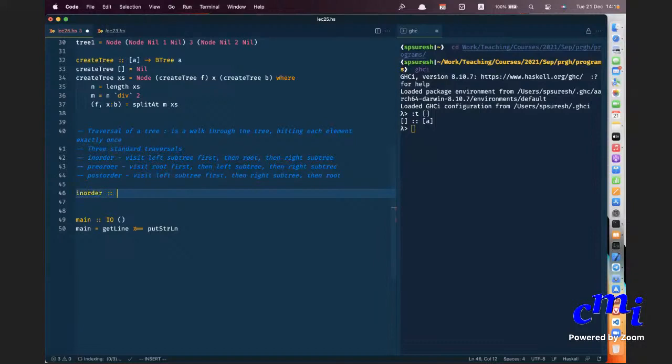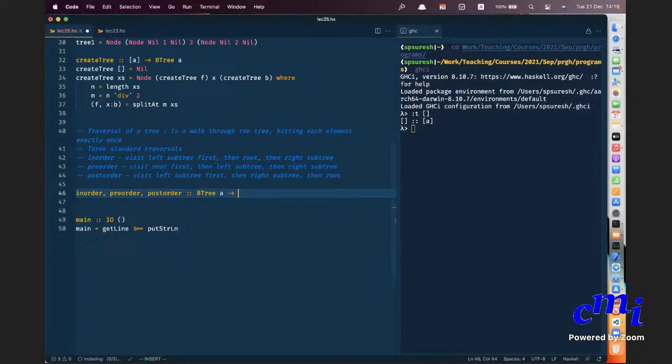So shall we write the programs corresponding to that? In order, pre-order, post-order, all three. What are the types of these functions? You visit, and as you visit, you list the things.